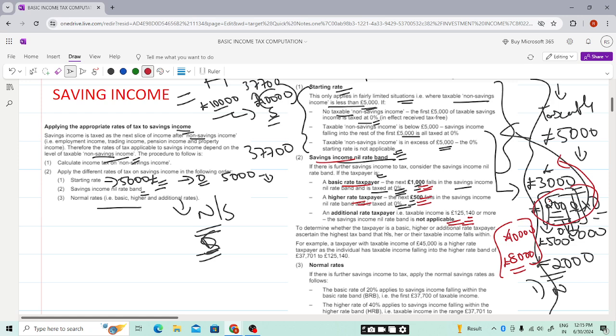To determine whether the taxpayer is a basic, higher or additional rate taxpayer, ascertain the highest tax band that his or her or their taxable income falls within. We must see the total taxable income. The total taxable income will fall within which band: the higher rate, basic or additional. For example, a taxpayer with a taxable income of